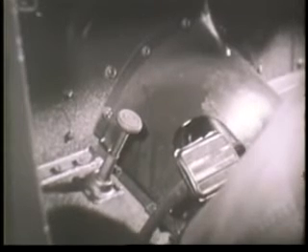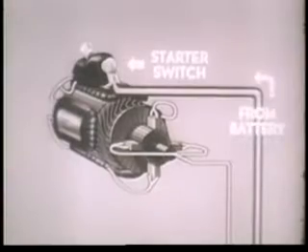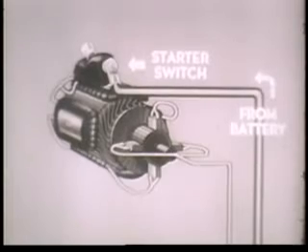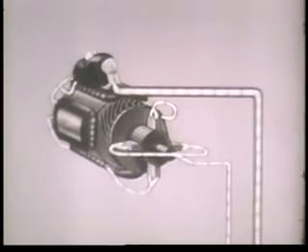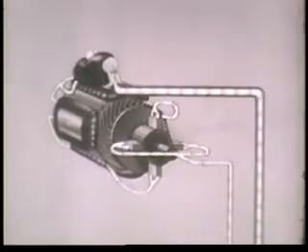Let's review the operation of the starting motor circuit briefly. Closing the starter switch completes the circuit between the battery and the motor. The current from the battery gives polarity to the windings of the armature and field coils. This causes the armature to turn in an attempt to line up its own poles with the field poles of